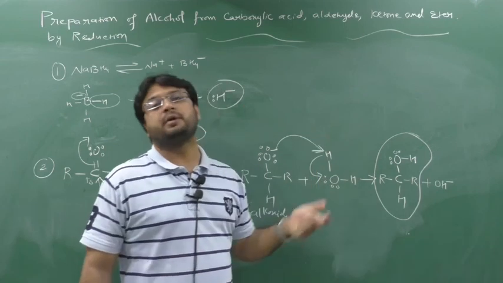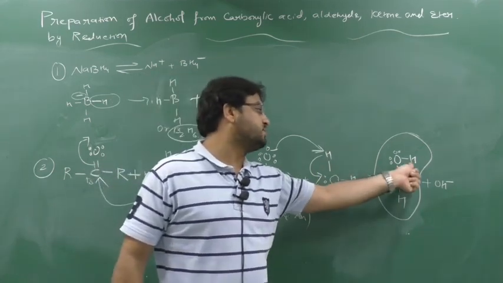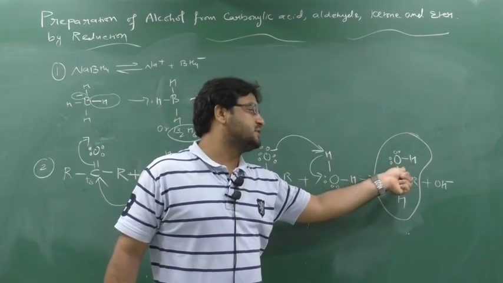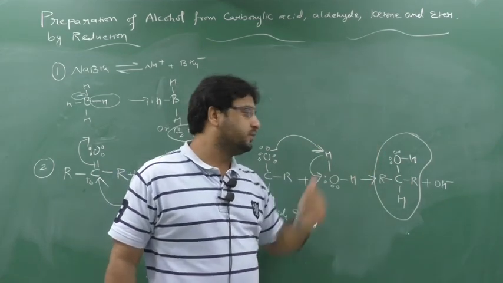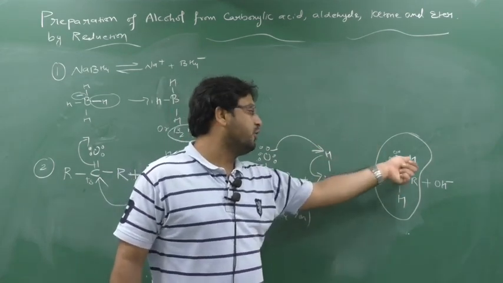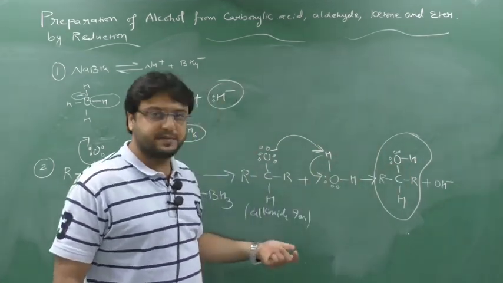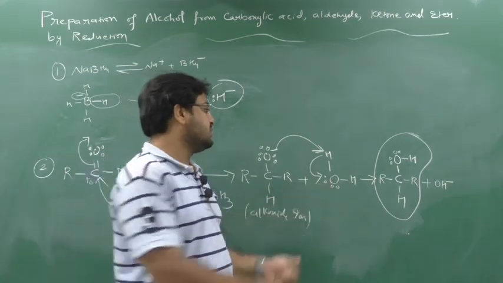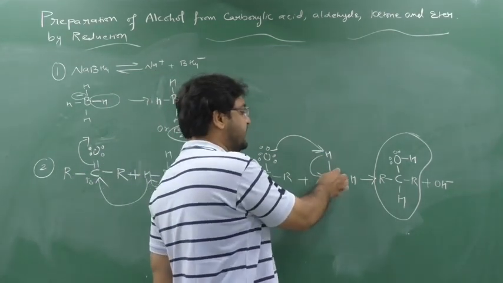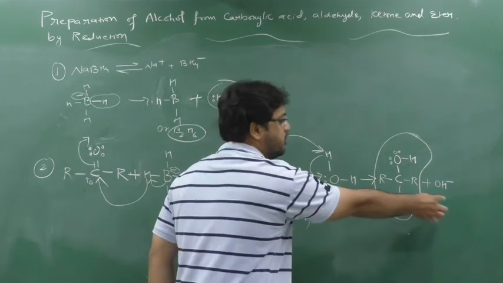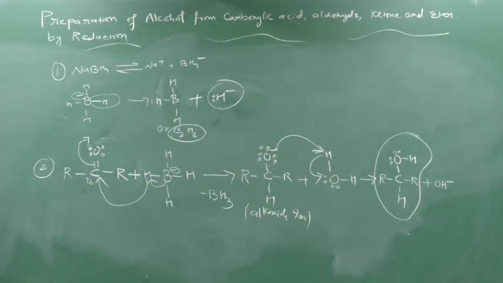Oxygen's maximum bond capacity is 2. So here 2 bonds have been made. Now 2 bonds have been made means the minus charge also will go. When the minus charge goes, it will form OH, a stable species. Now OH minus: this H is going as H plus, it will release the minus charge. So minus charge means what will form? OH minus. So in this way RCH alcohol is formed. Clear? This mechanism remains the same for every carbonyl compound.